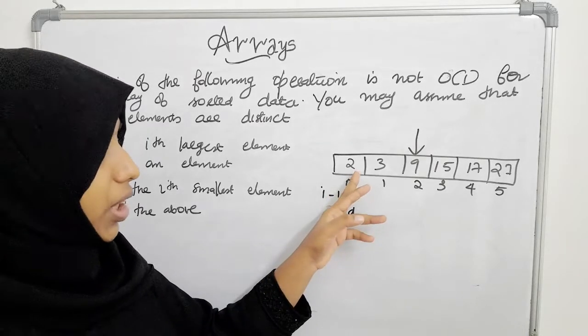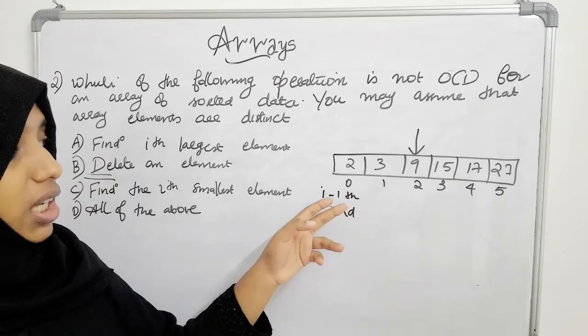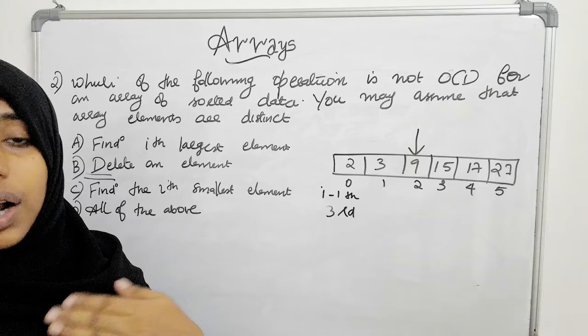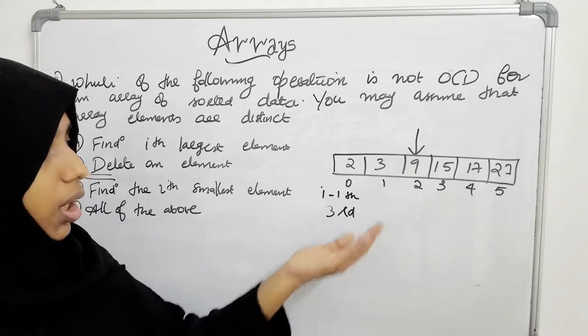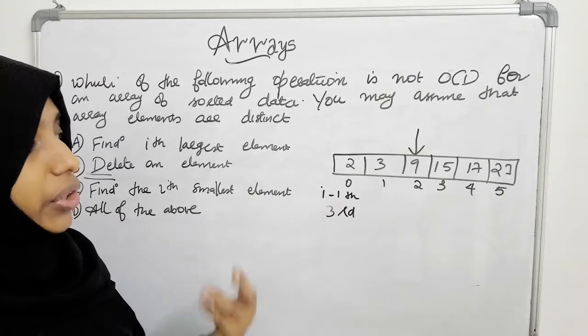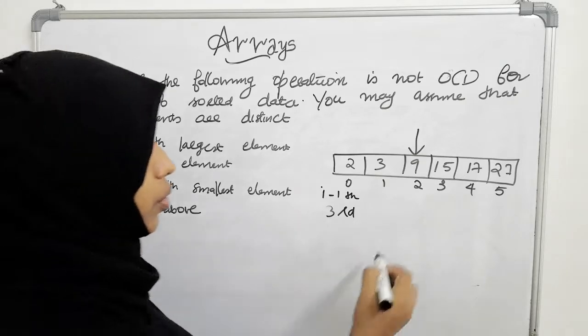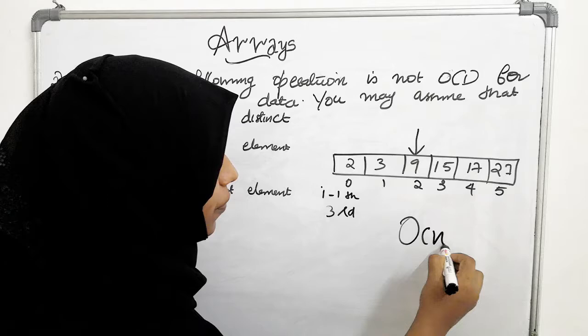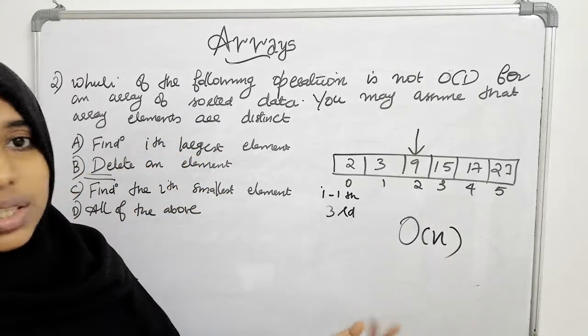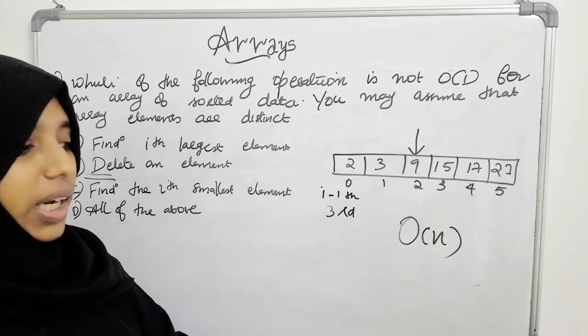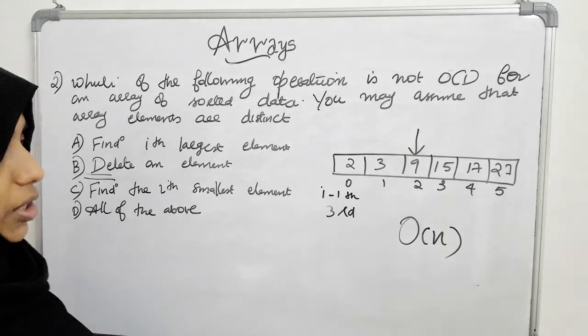For example, if you are deleting the first element or 0th index element of an array containing n elements, you have to shift all the n minus 1 elements one position to the left. So you need to know the size of the array also to give that inside a loop. So that operation takes order of n time, where n is the size of the array. This operation really needs to know the size of the array and will perform the operation accordingly.